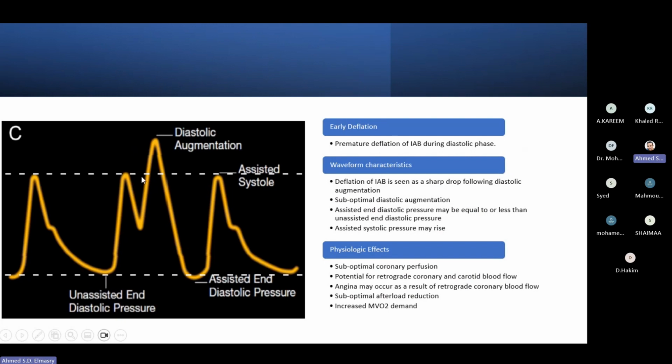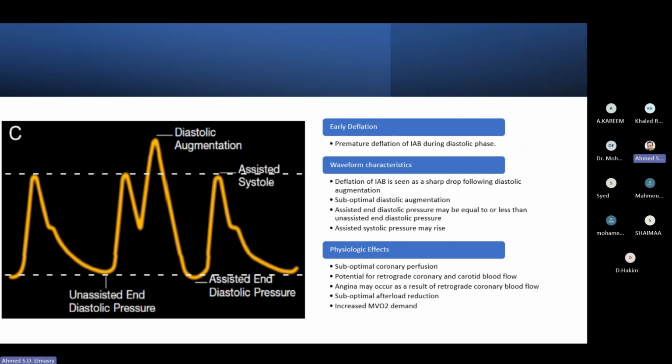So we will get what is called retrograde coronary perfusion and the coronary steal phenomenon. So with diastolic augmentation, you will get suboptimal coronary perfusion, and if the early deflation happened very fast, you will get reversal of the flow in the coronary, so you will get retrograde coronary perfusion